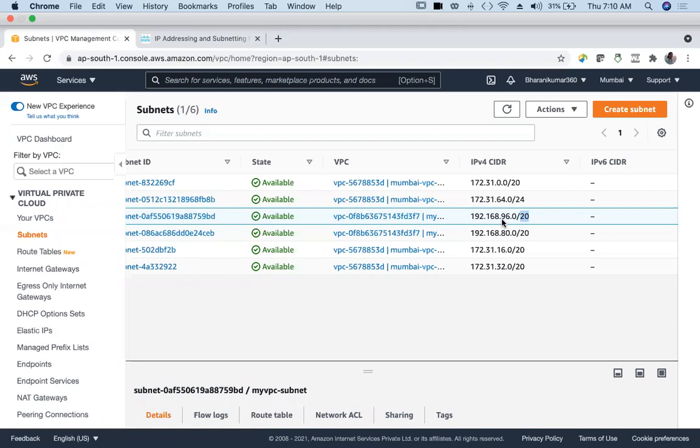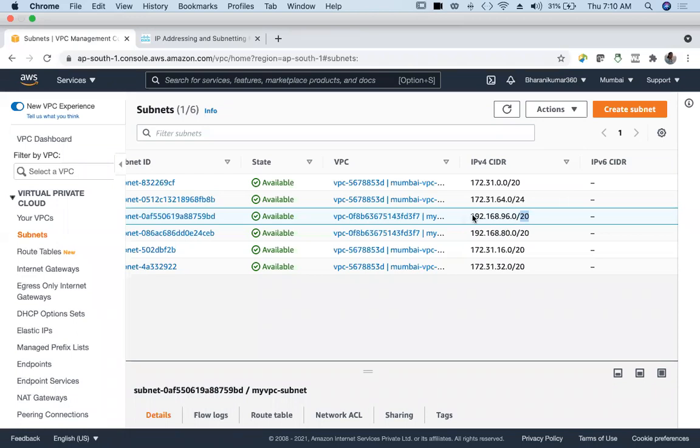I think it's a recent change. What's happening is, in that usable range of CIDR blocks, AWS is assigning a closer CIDR block for us, and it's happening in multiples of 16. I tried with 80, I got 80. When I tried with some other number, 100, I got 96.